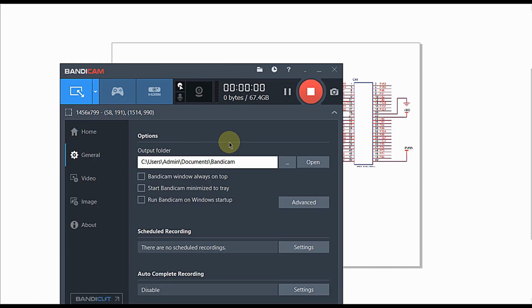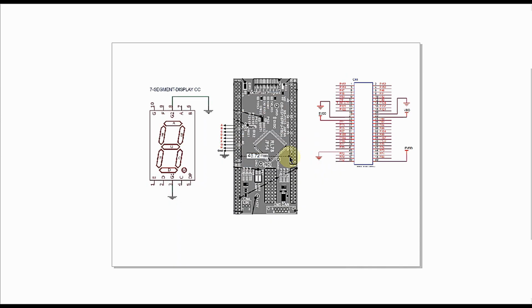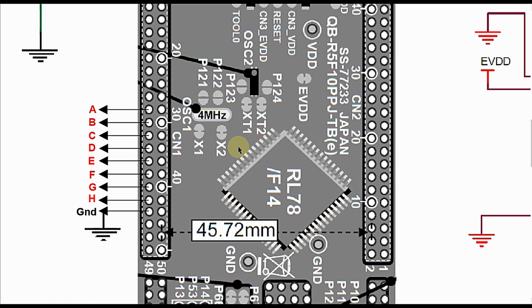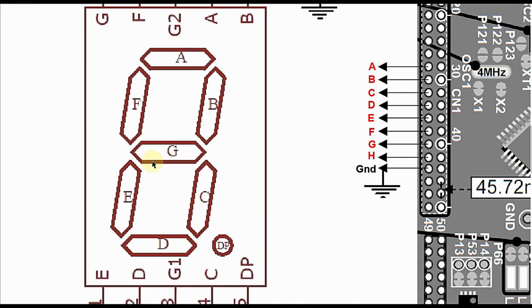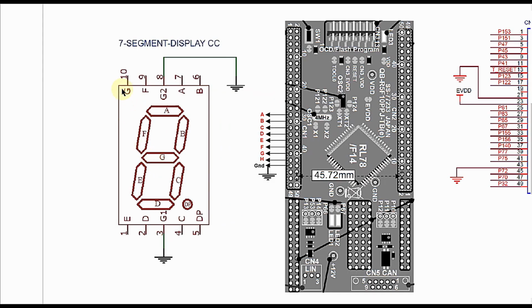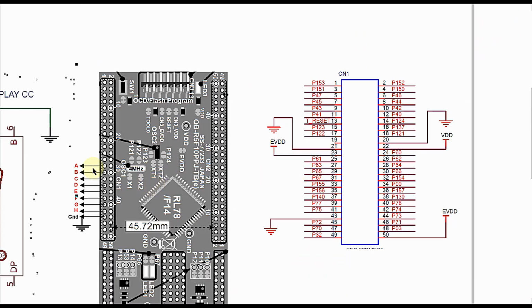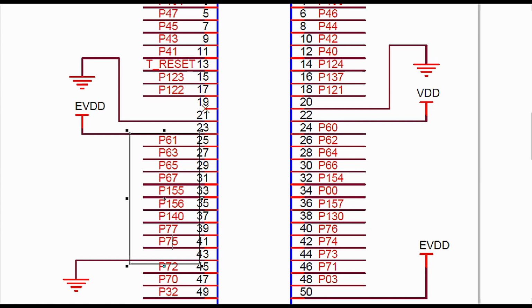So now let us try to understand the schematic that we are going to build for interfacing this common cathode type 7 segment display with our microcontroller series RL78/F14. You can see this is the development board that we are going to use, and this is the 7 segment display that we are going to connect to our development board. And in this development board, this is the actual rail. You can see the box highlighted in blue color is the one which we are going to utilize for connecting